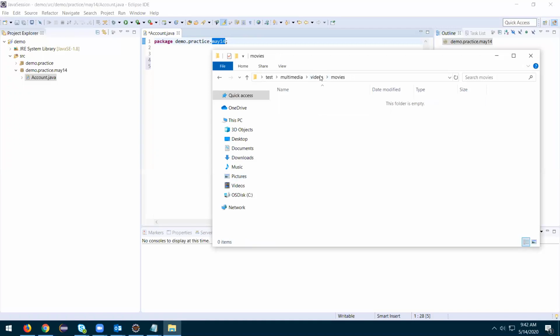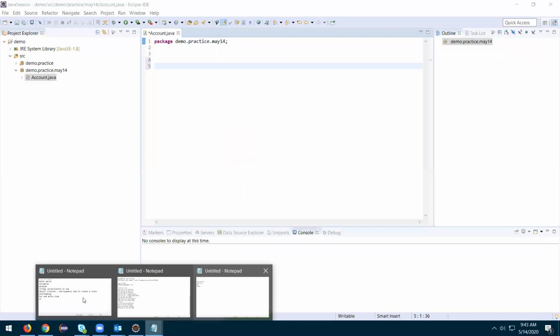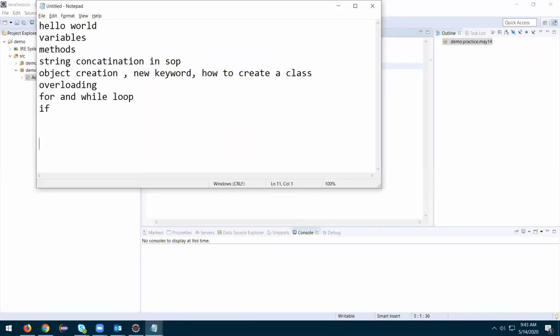Even to refer, you can refer to the video in movies and the video in personal videos. That's how you differentiate both of them. We use the same thing using packages. That's why we use packages.